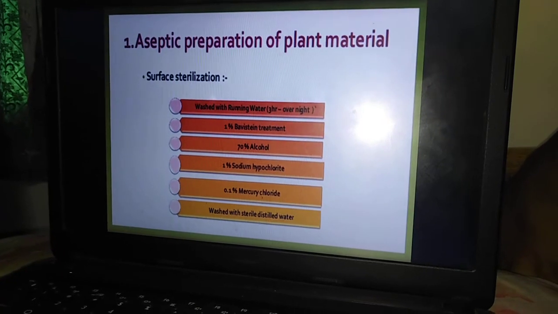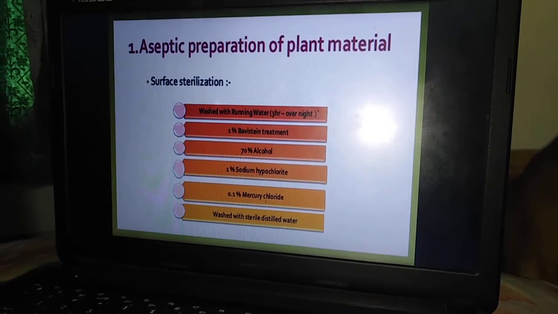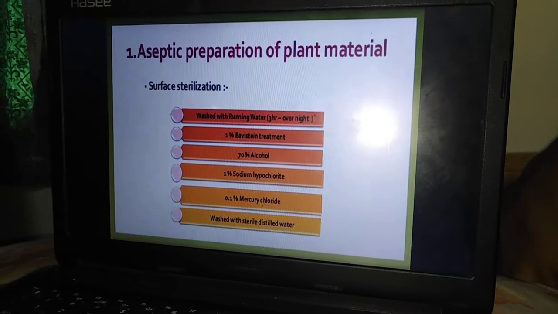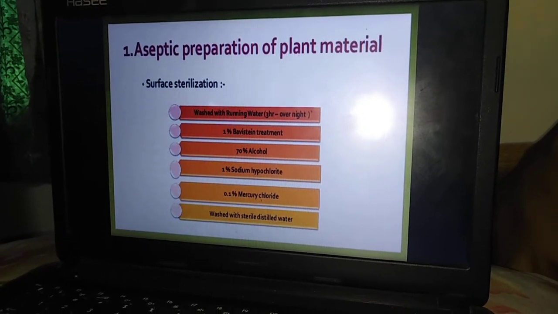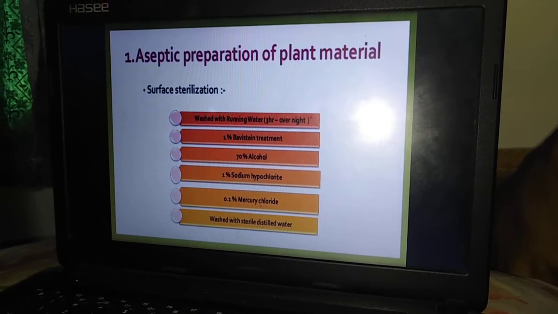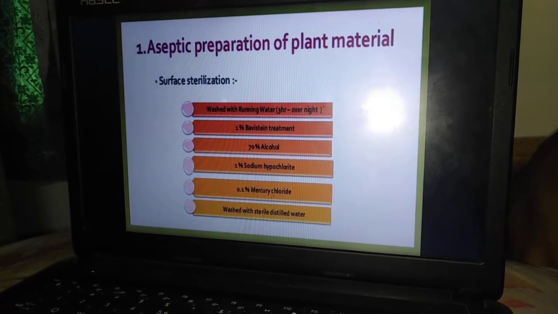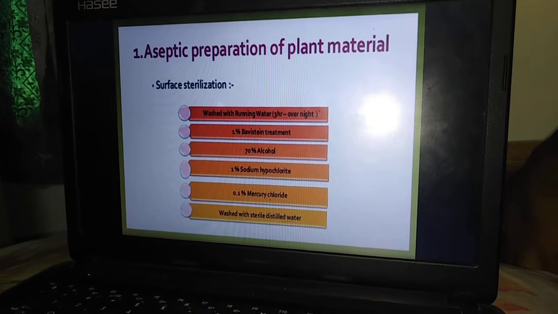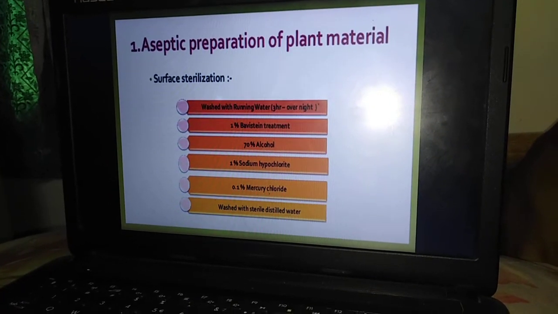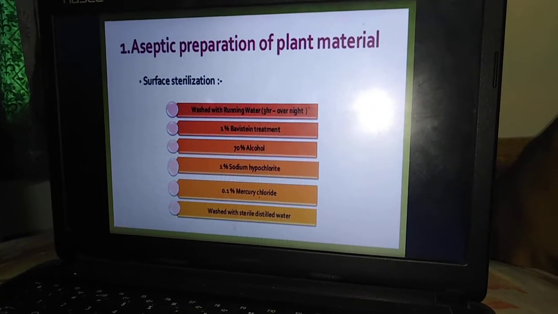First it is washed with running tap water for at least 3 hours. After that it is soaked or treated with 1% Bavistin, or we are saying simply a detergent solution, followed by 70% alcohol, 1% sodium hypochlorite, 0.1% mercuric chloride, and then finally again